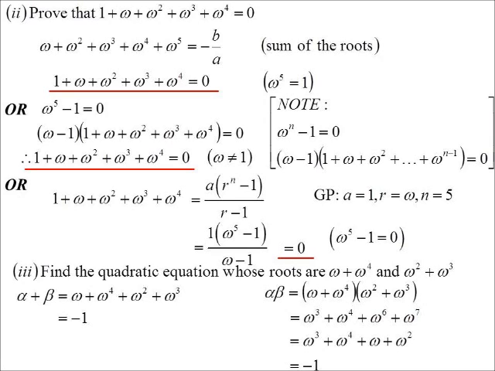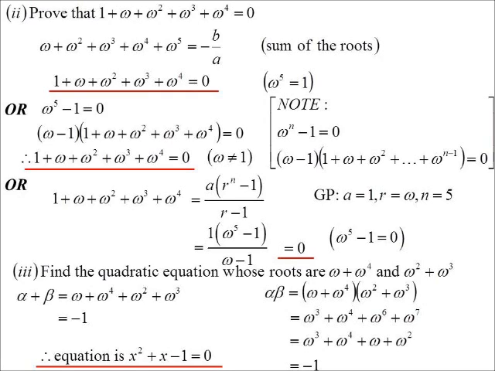So we're talking about the quadratic whose sum of the roots is negative 1 and product of the roots is negative 1. So it must be x squared plus x minus 1 is equal to 0. And there's the quadratic. Now, the reason why they ask them to do it in these pairs, they turn out to be the